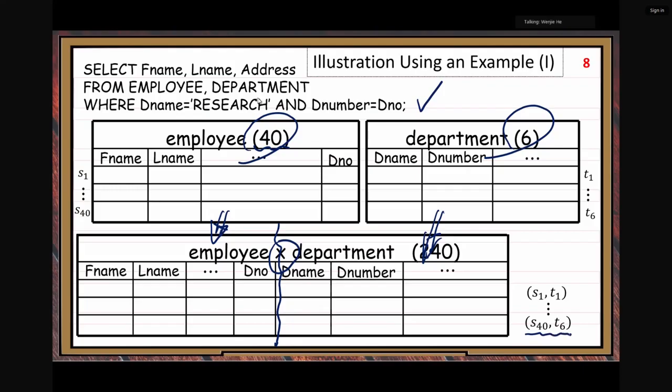So you list all the possible tuples you can get from these two tables. That's the first step. You can see,